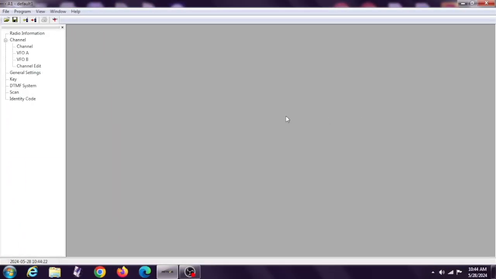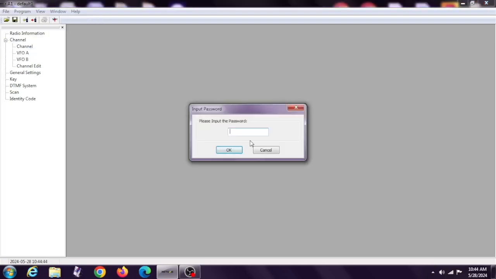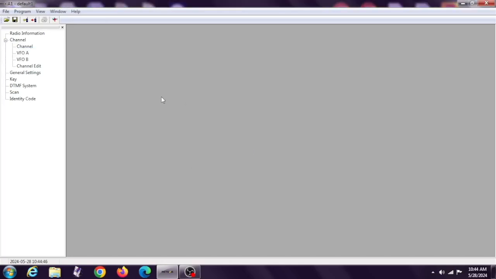Now that we have the CPS downloaded, installed, let's take a look at the feature set. Let's go through the settings. We've got file, where you can open, close, save your files, program, the communication port, read from radio, write to radio, embedded message. Here's password. You can protect the radio, tools, view, window. You get the radio information, channel,